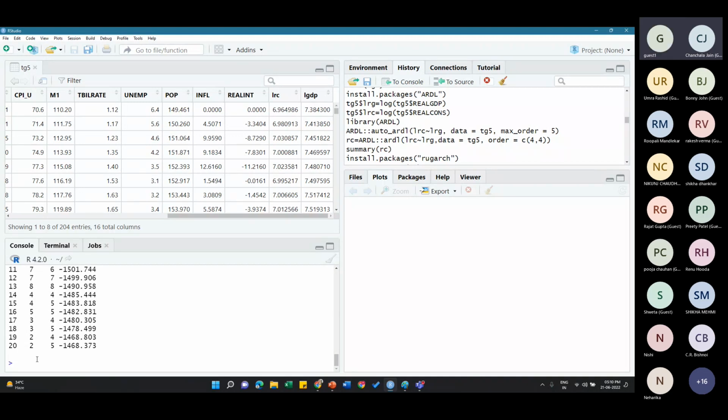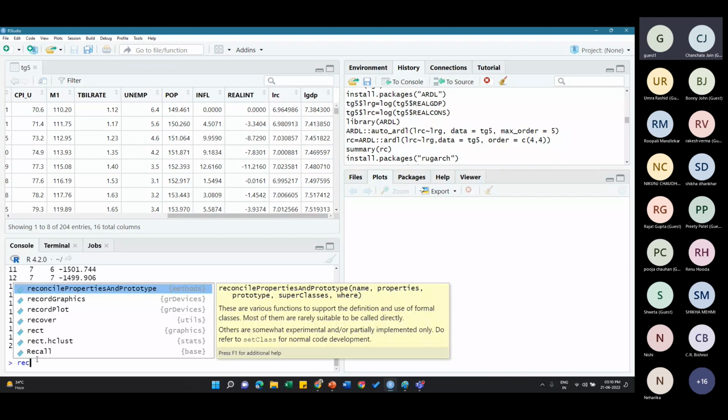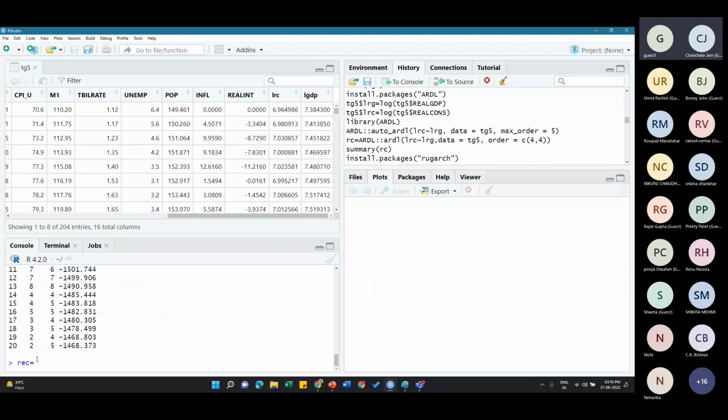Give your equation a name. I'm giving it the name REC, real consumption, is equal to apply ARDL model with